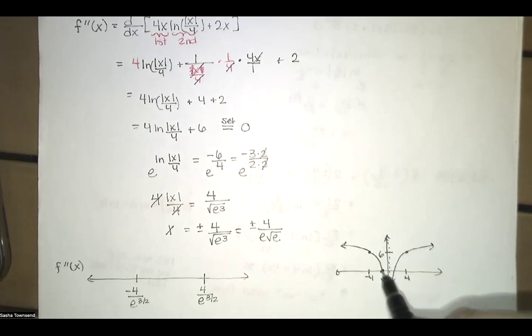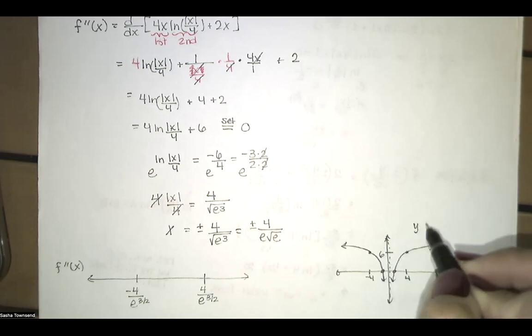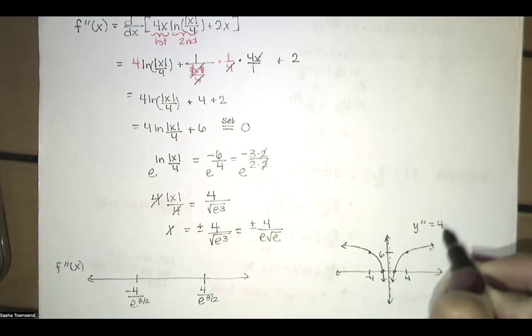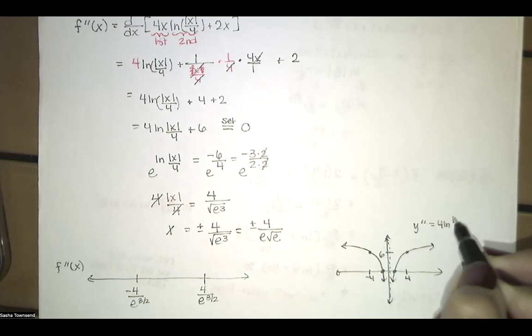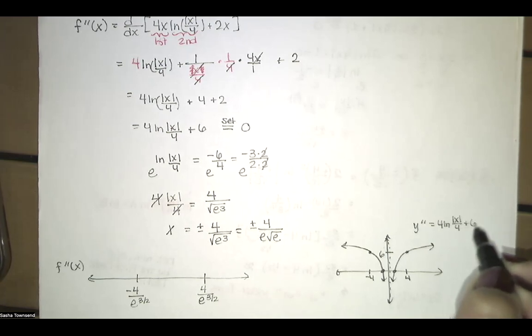And then it will cross the x-axis at 2 values. I claim those 2 values are negative 4 divided by e to the 3/2 and positive 4 divided by e to the 3/2. Just from this graph of the second derivative, and this is y double prime equals 4 times the natural log of the absolute value of x over 4 plus 6,